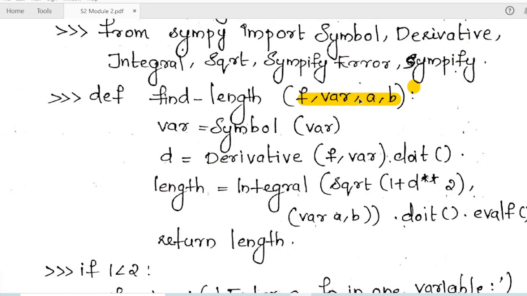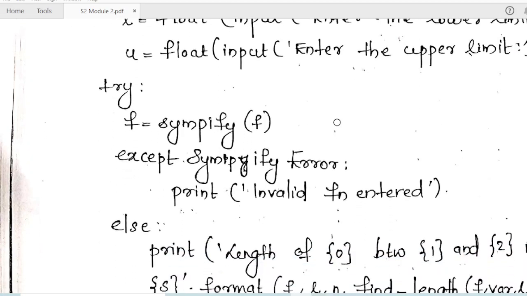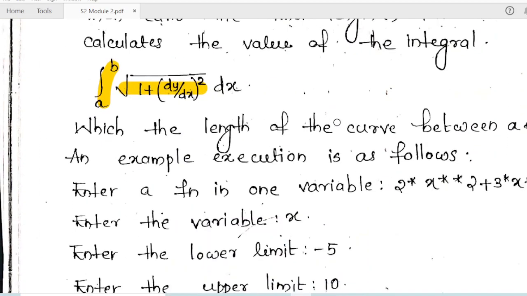So let us see what we require in our formula. In our formula, we require integral a to b root of 1 plus. അപ്പോൾ ആദ്യം നമുക്ക് വേണ്ടത് dy by dxന്റെ വാല്യൂ. y എന്ന് പറയുന്ന ഫംഗ്ഷന്റെ ഫസ്റ്റ് ഡെറിവേറ്റീവ് ഫൈൻഡ് ചെയ്യണം, അത് കഴിഞ്ഞ് റൂട്ട് ഫൈൻഡ് ചെയ്യണം, പിന്നെ അതിന്റെ ഇന്റഗ്രേഷൻ. ഓക്കെ, സോ